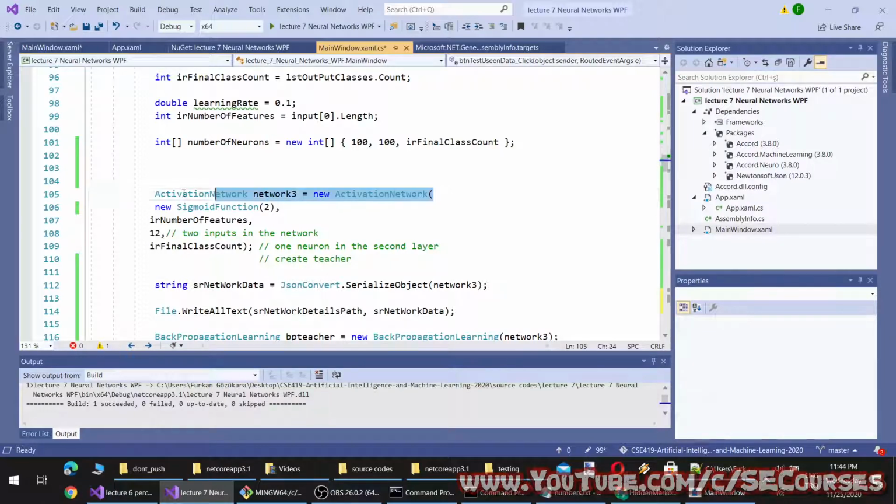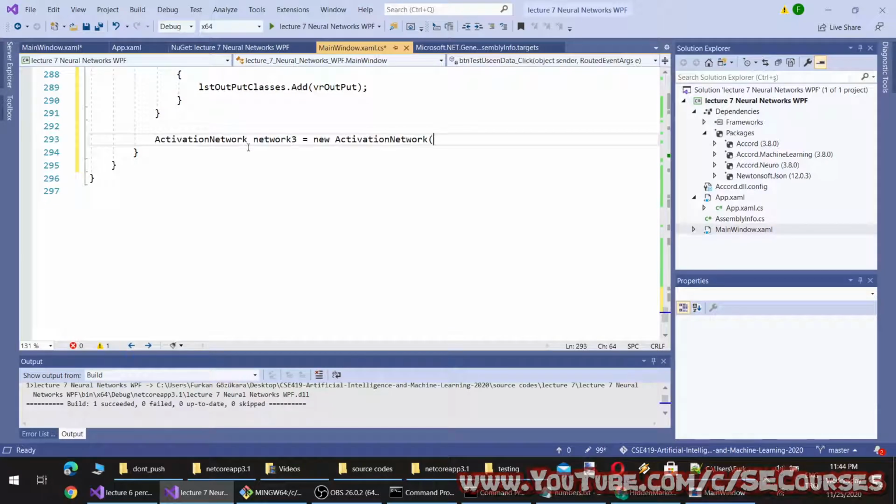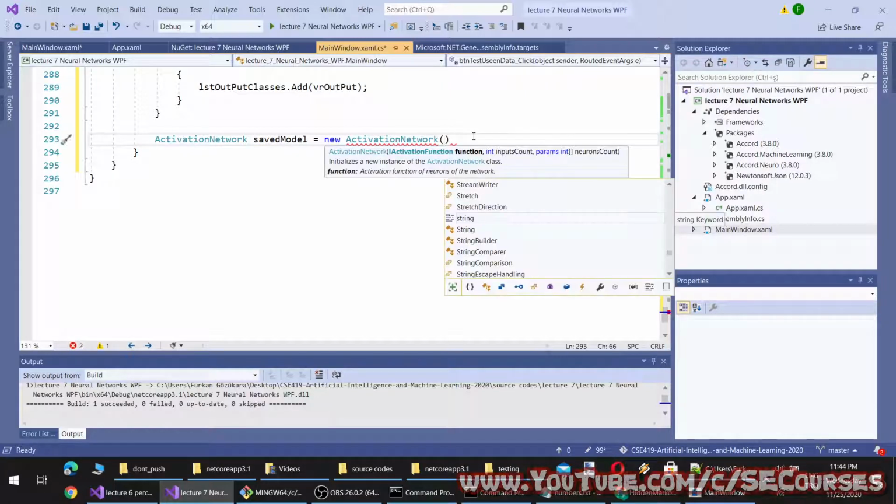So let's compose an activation network. Okay, save it. Model will be from text function input count and neuron count.